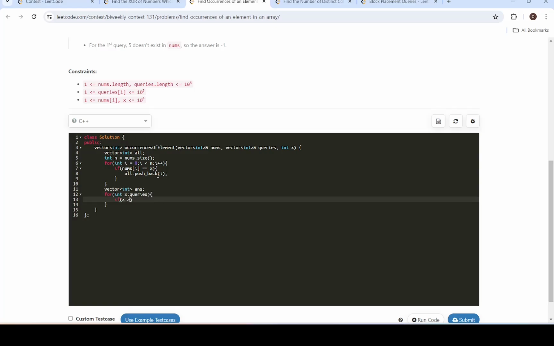if this x is greater than, I guess, yes. If it's greater than all dot size, I mean, all the times we have encountered x, let's not call it x, this is causing confusion, let's call this q. So for whatever occurrence we are seeing in queries vector, if that particular occurrence is more than the total number of times we have seen the element, then we can just do answer dot push back -1,